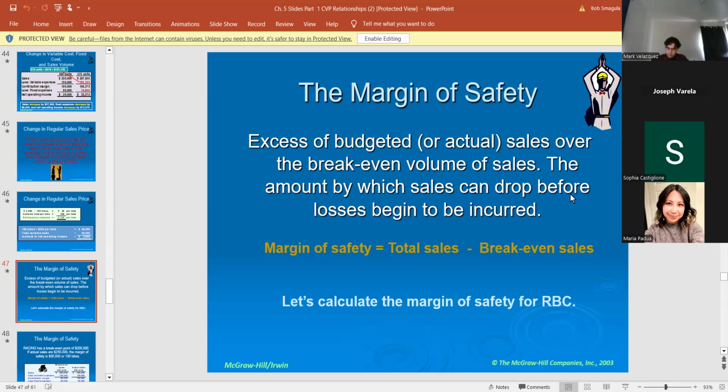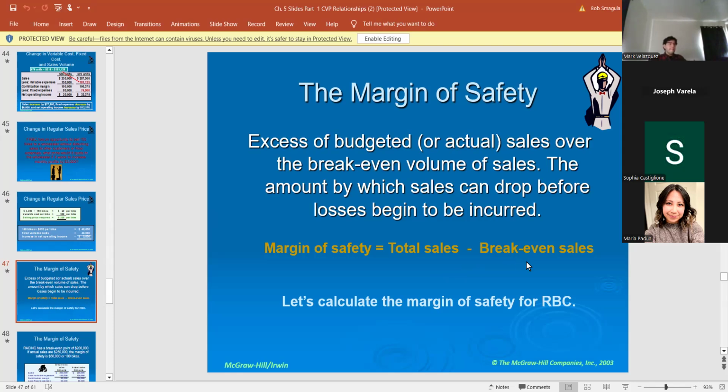Okay, we get into some more new things, less onerous, I think, than what we've done so far. The safety margin is the excess of budgeted sales over the break-even point. It's the amount by which sales can drop before you start losing money. It is the total sales